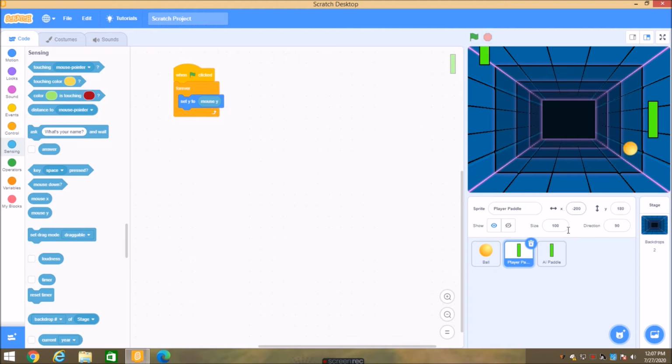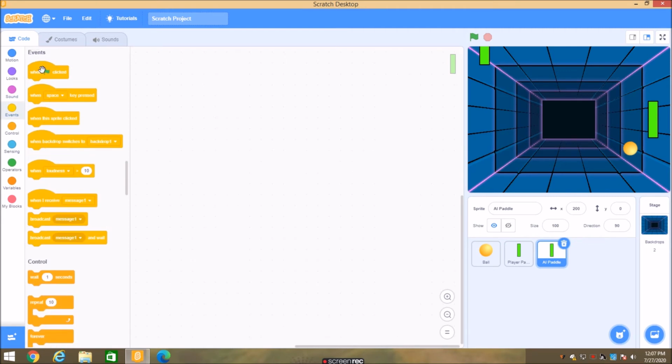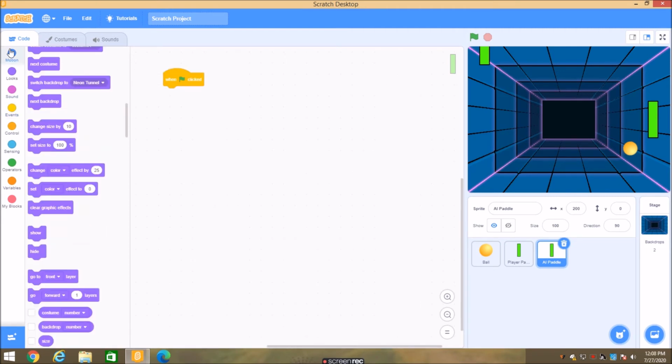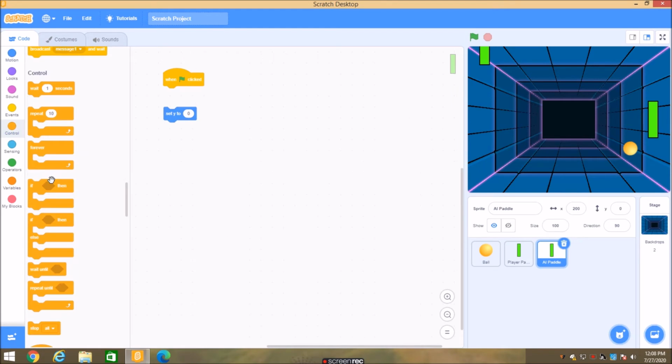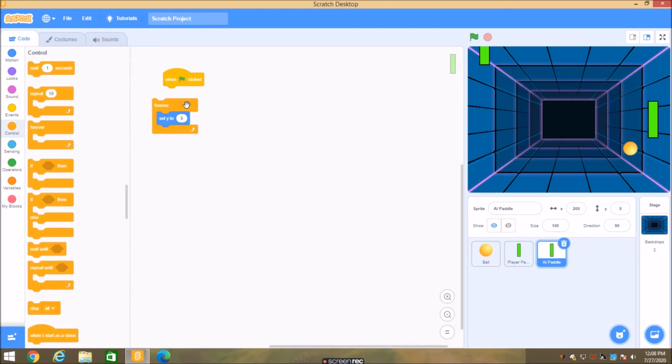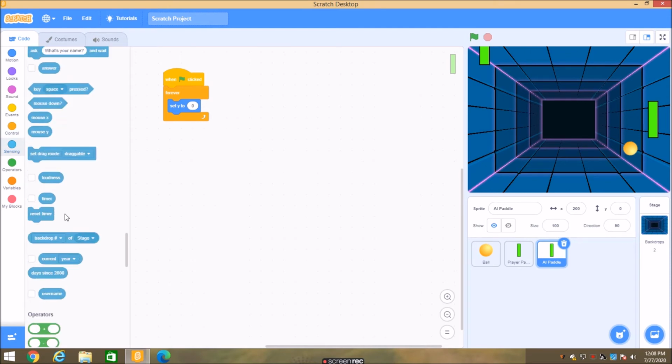Next we want the movement of the AI paddle also. So I guess the same function but not the same. When flag clicked, set y to, oh I forgot the forever loop, no issues, I'll just grab it now. Forever loop, set y to, and again on the sensing option you have backdrop of stage.